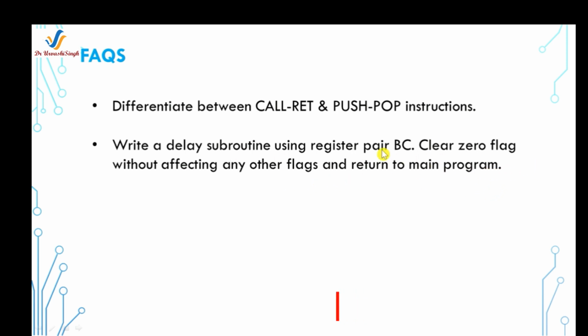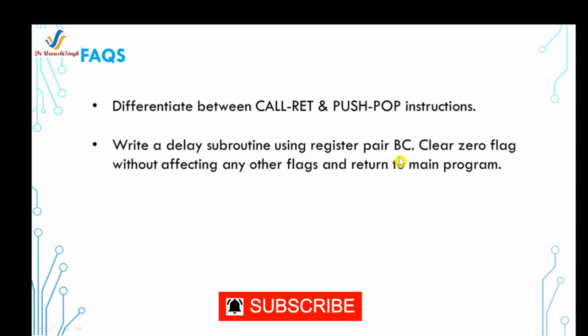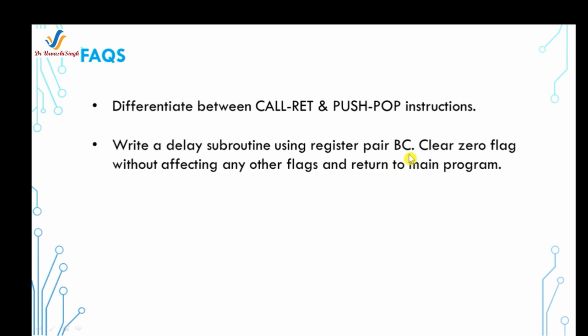So in this question, first load the register pair BC with some count and decrease this register pair, because you are going to use this register pair as a counter. And for clearing the zero flag, you can use the OR instruction and then check the value of this register pair. If the condition is satisfied, then fine, otherwise keep on jumping and decreasing the value of this counter. And you can take the help of writing a mini program to show how you have called this delay subroutine using call and return instructions.